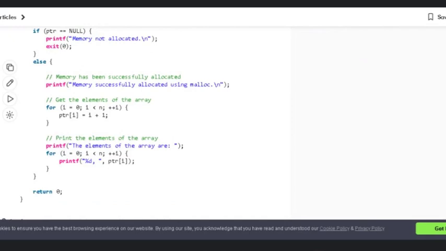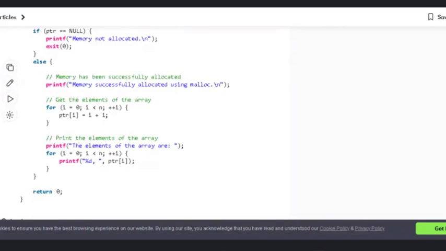And if sufficient memory is available, what is to be done? The array elements are to be put in the array, and then the array is to be printed. So ptr[i] = i + 1. The index values which start from 0 are incremented by 1 and those values are assigned to the array elements.